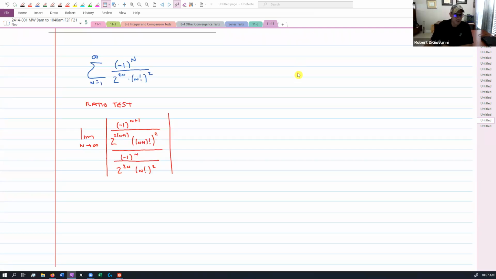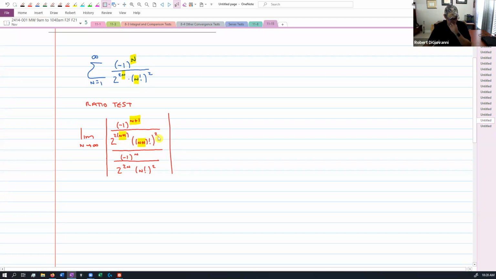All right, very first step, I'm going to run the ratio test. So I set up the limit, absolute value. I'm going to set up the ratio. I go into my original sequence and I replace all my n's with n+1s. So I replace the n+1 there, that 2 times n+1, and then n+1 inside there. Notice that the 2 has to distribute to the n+1 up here because it's 2 times n. So I have to have parentheses around that n+1, and then this n factorial becomes n+1 factorial, and then the